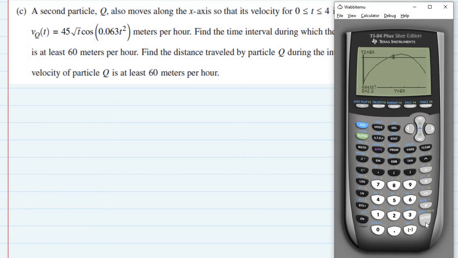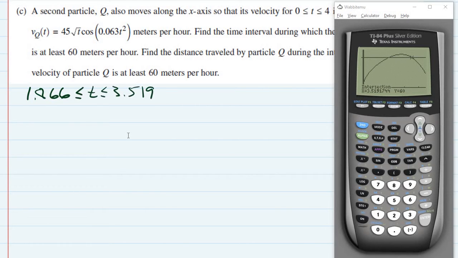There's the first curve, there's the second curve. Hit enter again. It shows me that at x equals 1.8662, that's one of the boundaries when it first reaches 60 meters per hour. Finding the other intersection point, let's do that. So we'll do second function calc, intersect. There's my first curve, there's my second curve. I'm going to move it a little bit closer so it picks up that point. And that's at